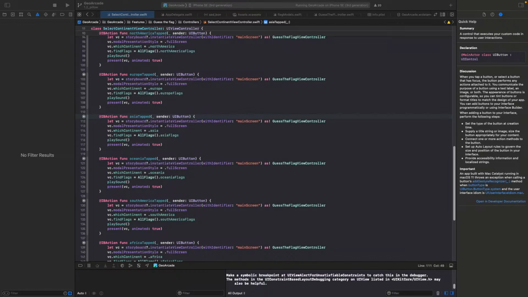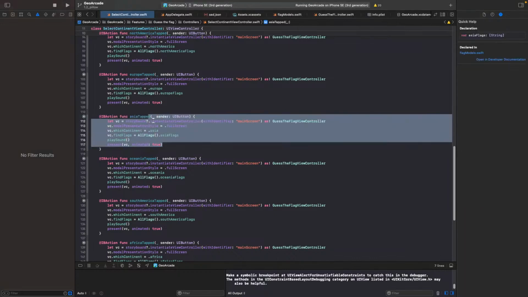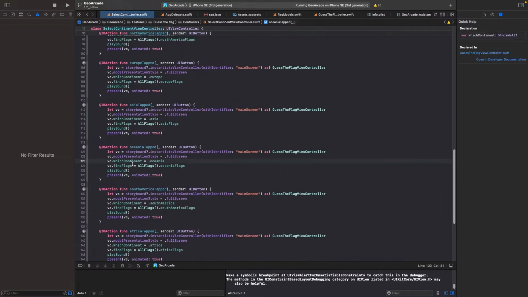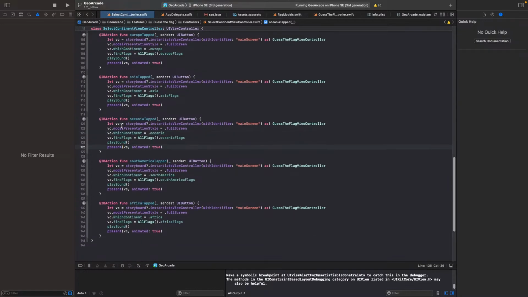But you know what? You can't win them all. So, perfect. Alright, okay, we just go. We have IB actions. Who really cares about them? But you go, you tap on the different continents. We pass in some values into the view controller. We pass in which continent it is,